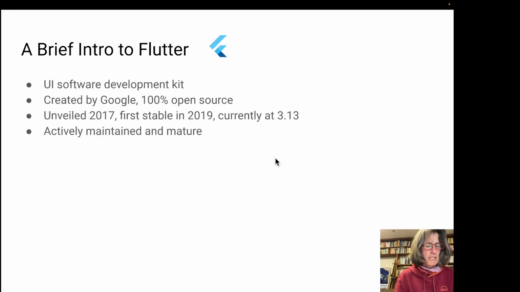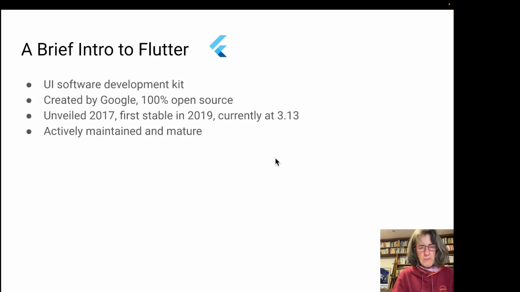It was originally created by Google, released, I believe, in 2017, and has since then received constant updates, roughly once a quarter. Actually, the slide is slightly outdated. Earlier this week, they launched a new version 3.16, so we are no longer at 3.13. Oh, and by the way, it is created by Google, but it is absolutely open sourced. Google has not kept proprietary rights of it.